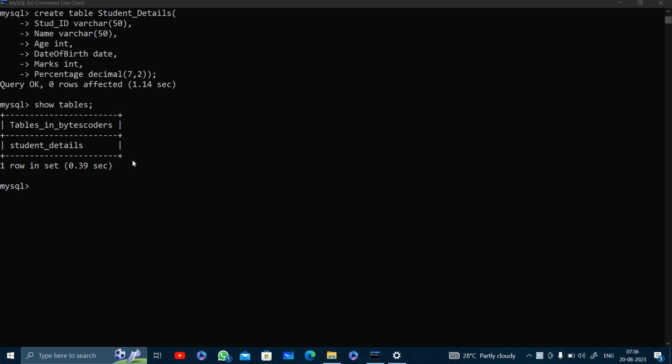Hello there. After creating a table, if you need to check the detailed information about the structure or the schema of the table, then for that we must use the DESCRIBE TABLE command of MySQL. So it goes like this: